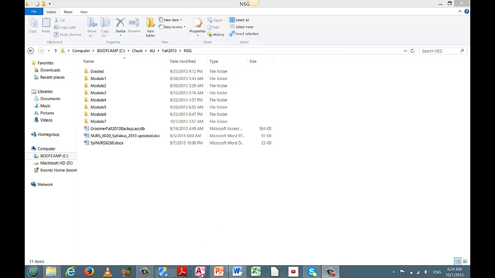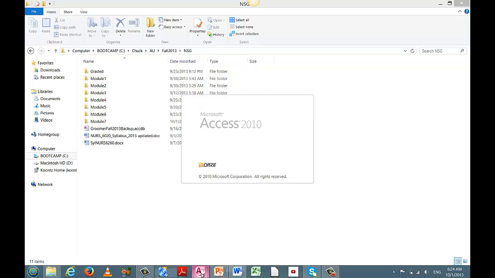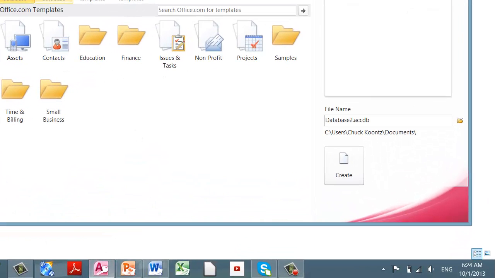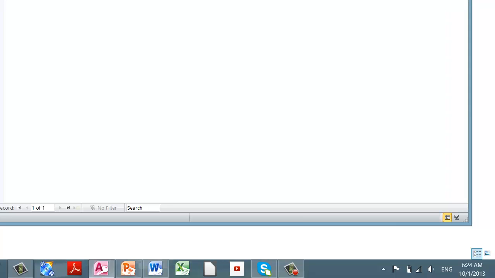And I'm going to launch Microsoft Access from my quick launch toolbar, and when I get the initial screen, I'm going to choose blank database with a double click, and when I do, it opens up a table, and by default it opens it